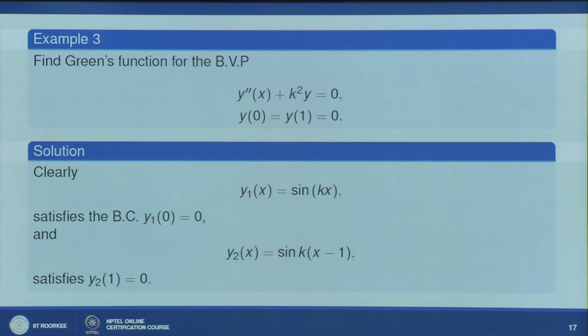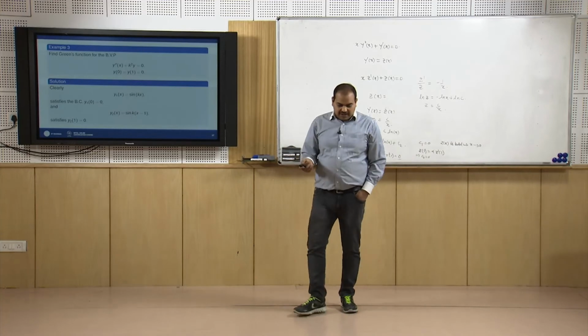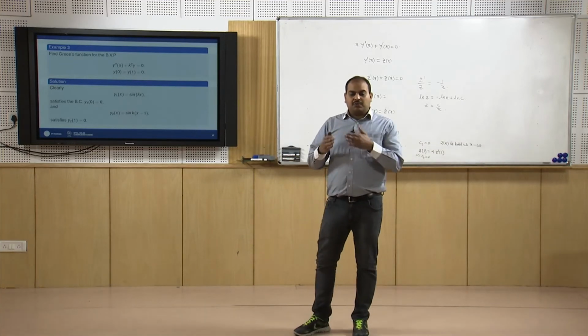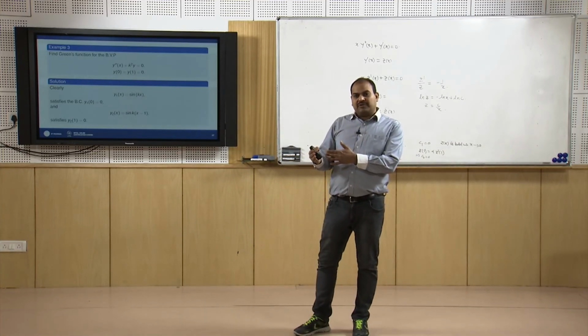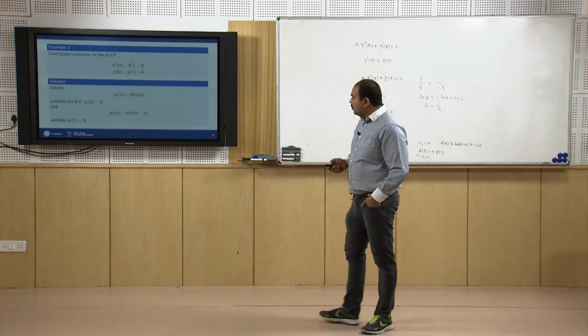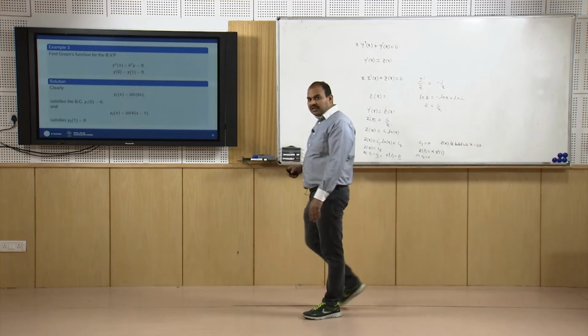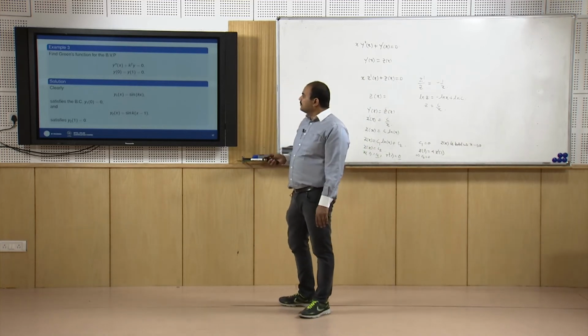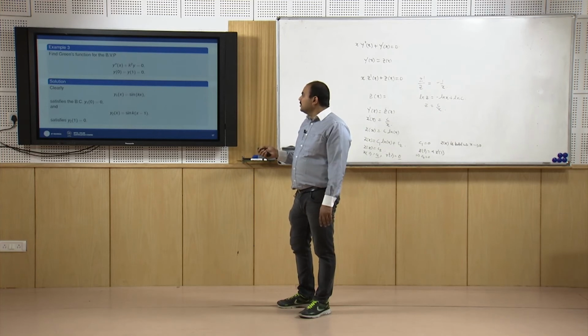If you remember, the first problem we discussed is the fourth order linear differential equation. The second problem we considered is where the coefficient of the highest order derivative is vanishing. Now let us consider one more example, so that we have a better understanding of the construction of Green's function. Here is the famous problem, y''(x) + k²y = 0,